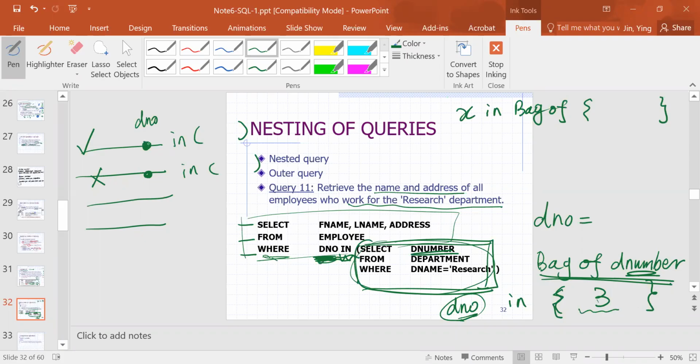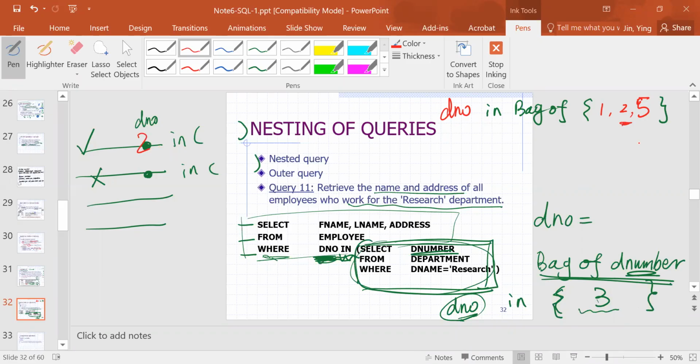So just using the DNO here, again, this particular one will not have more than one, but I'll give you an example with more than one. So if I say DN 1, 2, 5, for example, like that. So if we want to evaluate whether DNO is in this bag of numbers or not, then we want to see, say, for example, this is 2 for the first record, then this is true because this particular one matches one